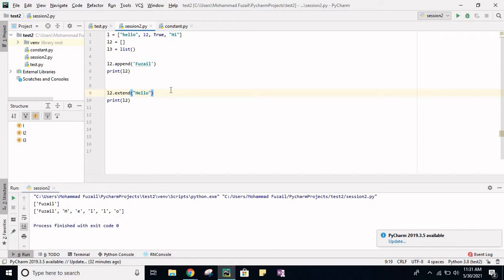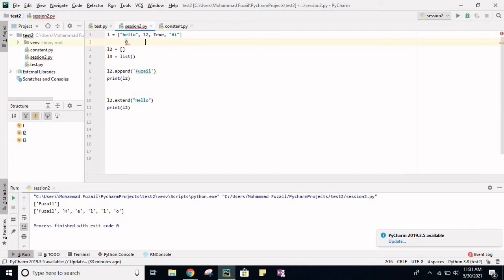So these are two functions to add elements, right? As I told you, we have positioning also in iterables, like in a string we had index values for each position of an element. In the same way, in the list we have index values for each position. So for hello we have index or position number 0, you can say.